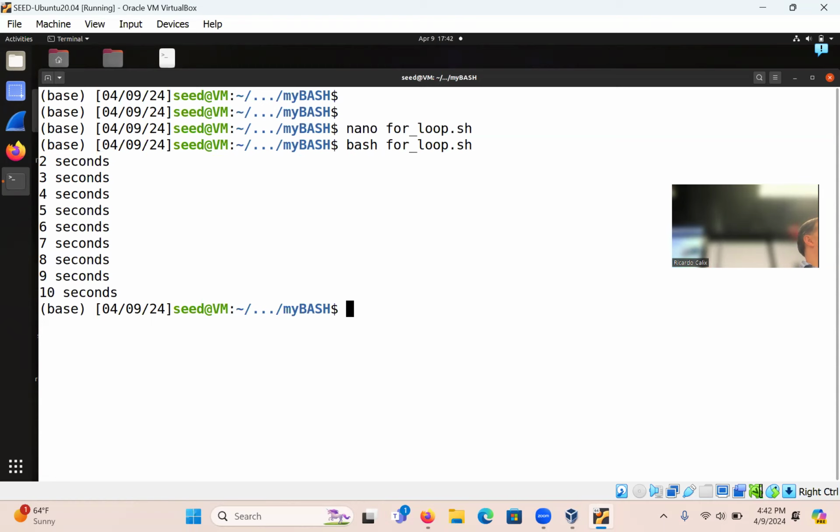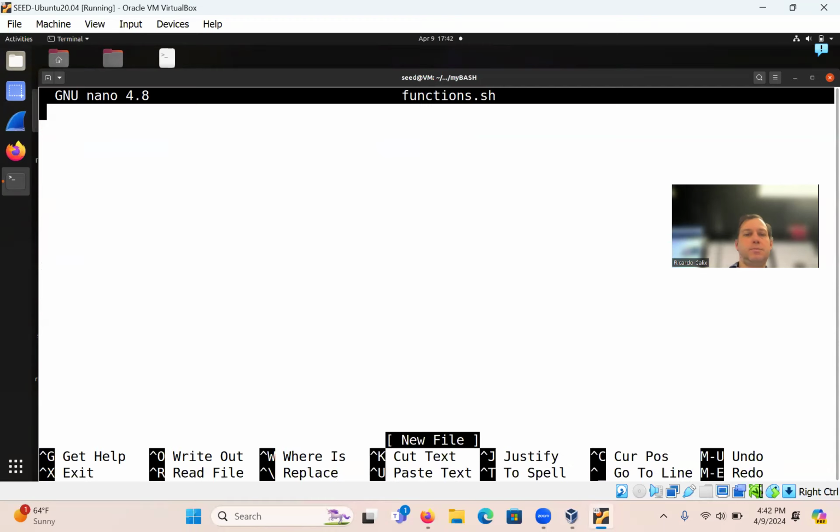All right, let's do the functions one, as having functions is a nice thing. Let's call it functions.sh. Okay, the same thing, the shebang, /bin/bash.